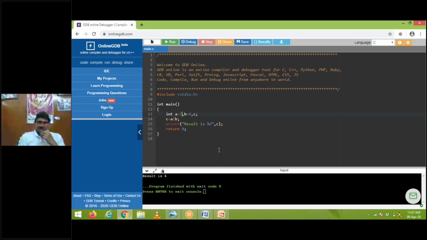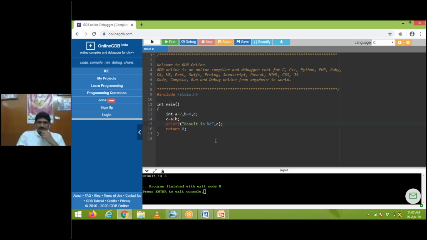I'm giving A value 7, B value 4. Everybody should solve this question. I want the answer for A or B. Please mention the answer in the chat box. You can directly give the value, no need to give bits like 0 0 0 1; just give the direct value like 7 or 4. Everybody is responding.